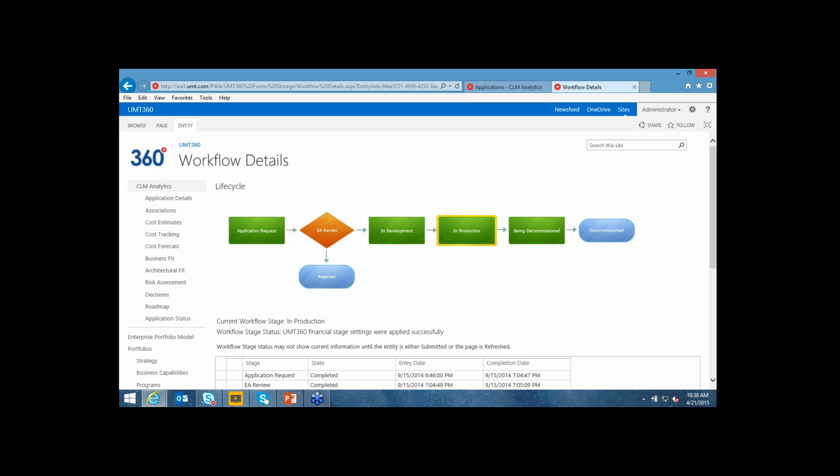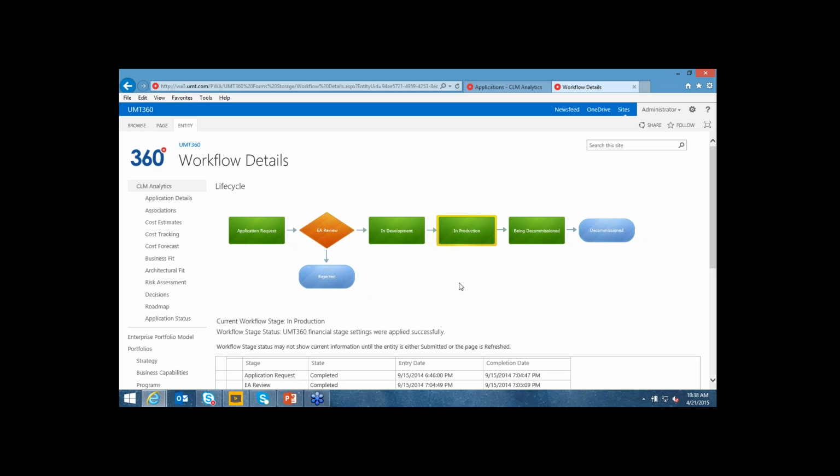And you'll see here now the additional information that is being presented within this application inventory. The first thing to notice is the ability to define governance workflow to control the application throughout its life, from the initial request through maybe an enterprise architecture review, development, production, and